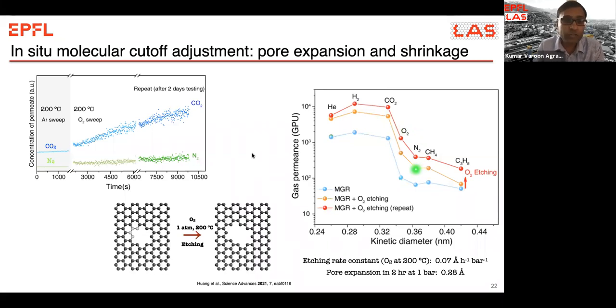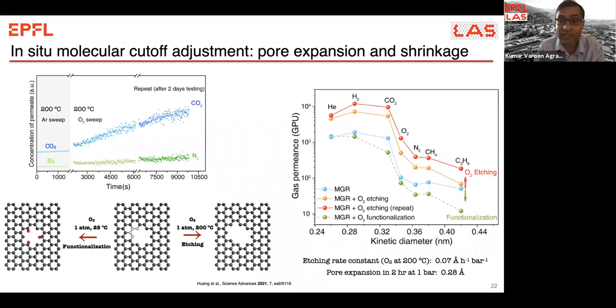The second point I wanted to emphasize is that this is definitely etching and not the functionalization of the pore, because we actually did the functionalization by decorating these pore edges with oxygen, and you can do this at room temperature with ozone treatment. And when we do that, we see that the flux doesn't increase, but in fact it decreases. And this makes sense, right? Because you start with a pore and then you're shrinking the pore size by decorating the edges, and therefore the flux will tend to decrease.